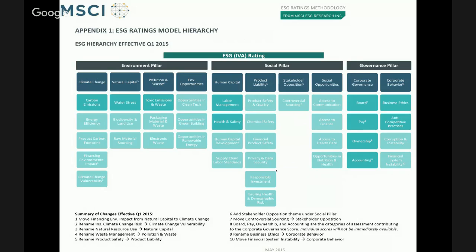But under that theme, there are a number of different key issues that are relevant and important. Under climate change, carbon emissions is clearly an important issue. How does a company do on carbon emissions generally? How much greenhouse gas are they generating? Energy efficiency: are they updating their buildings to be LEED certified? Are they taking measures so that they have a lot of efficiencies within how they're running their